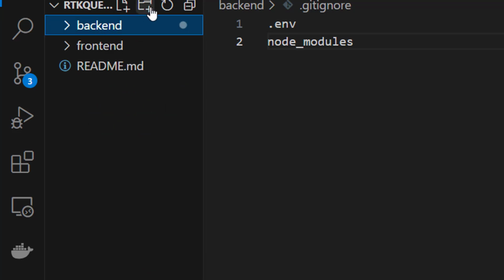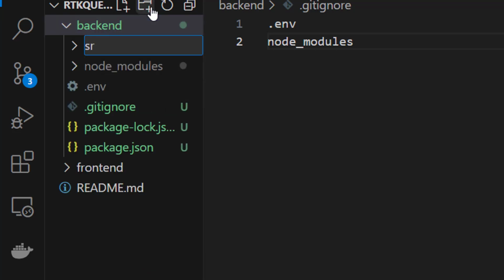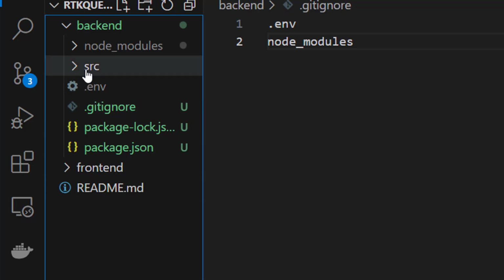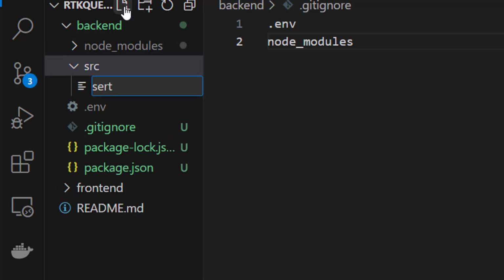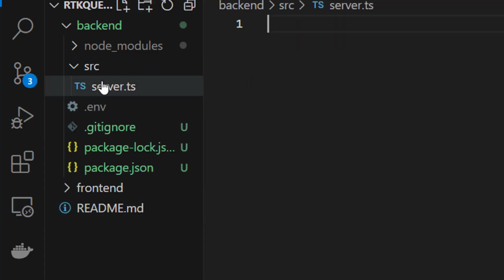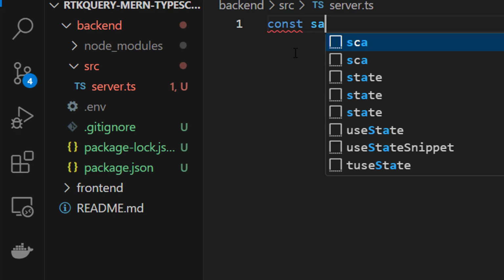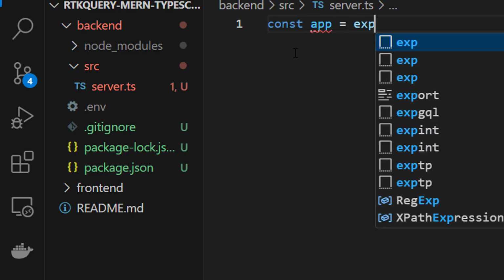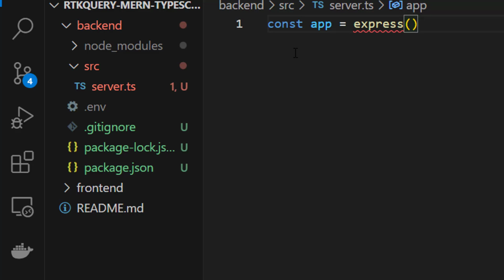Okay, so now create a new folder. Its name is src, and inside src create another file, server.ts. Okay, so inside server create express const app equal to express, app.use. We need to run our server, so app.listen,